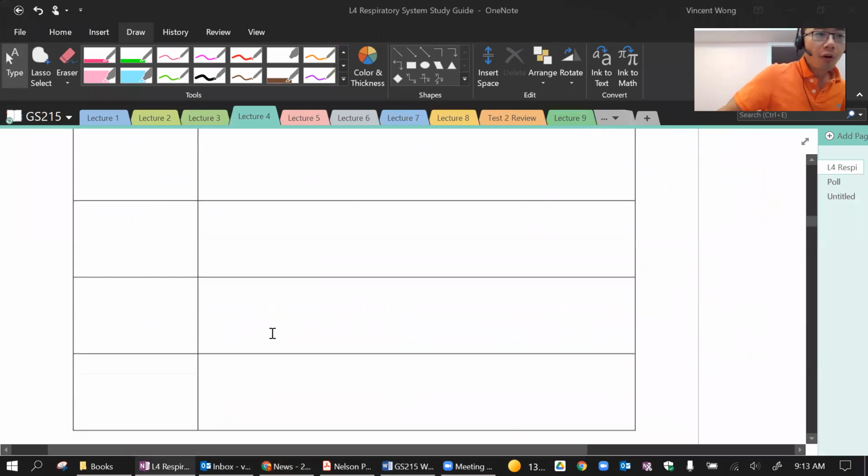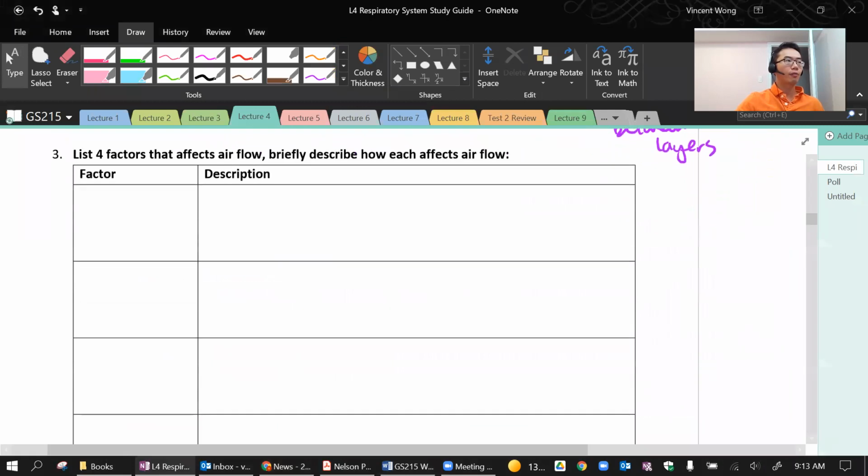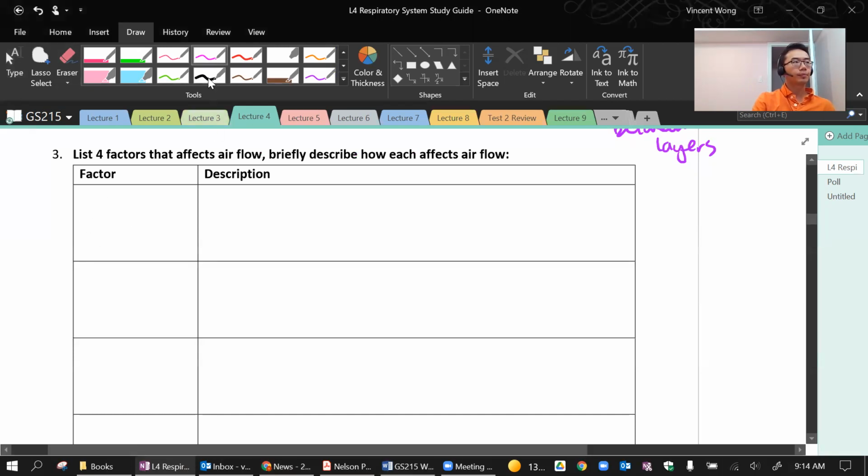Next, 4 factors that affect airflow. Briefly describe how each affects airflow. So the first factor that affects airflow, anybody remember? Anyone? Help me out here. No? Okay, so the first one is Boyle's Law. What's Boyle's Law? Boyle's Law states that at constant temperature,